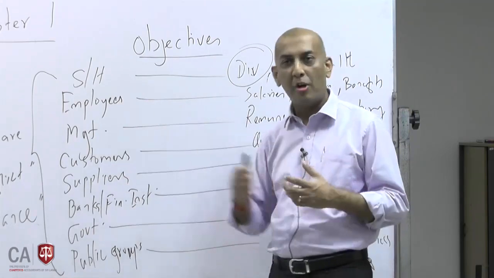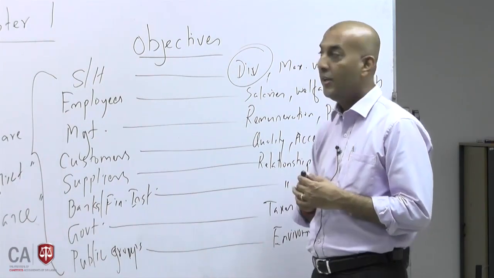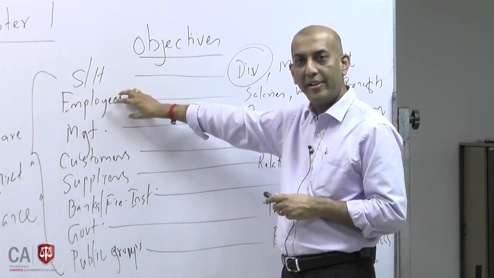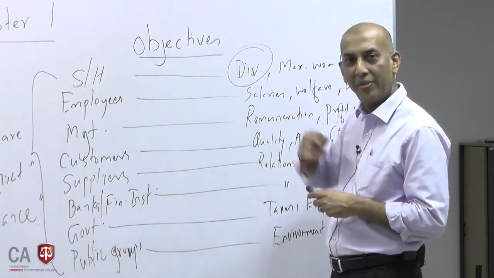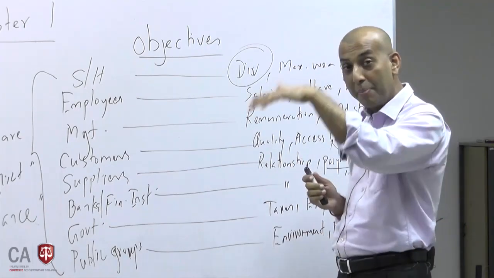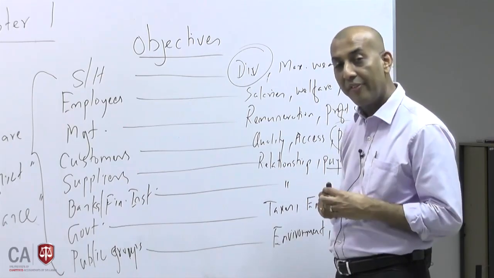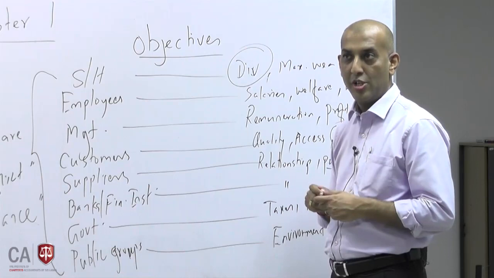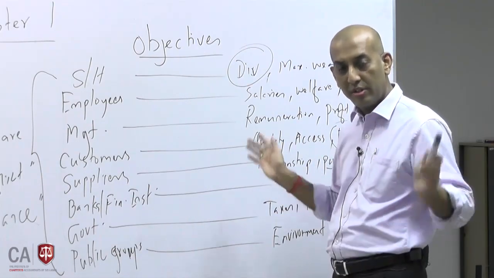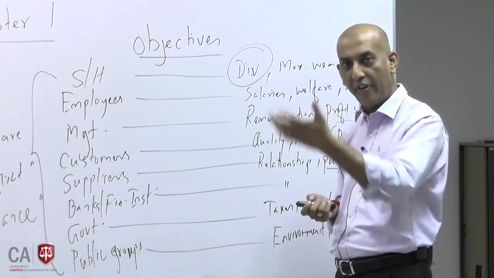Maybe the employees may not be happy because they are not given good working conditions. So you are ignoring the reasonable objectives of the employees and achieving the shareholders' objective. But what happened? Over a period of time, a few years later, that building collapsed, killing many people in that company. The factory workers died. Finally, there was a court case, the factory was closed and the owners were arrested. This is a real life case, not in Sri Lanka, but in another country.